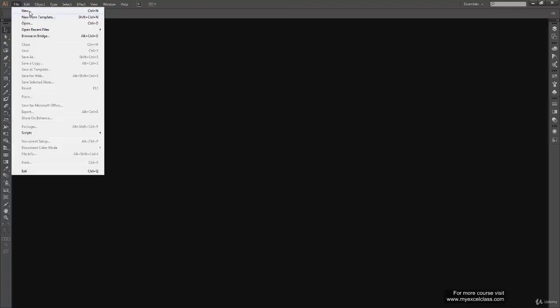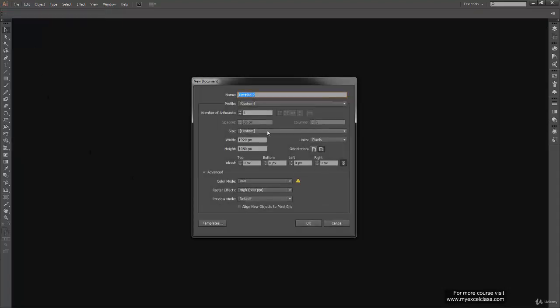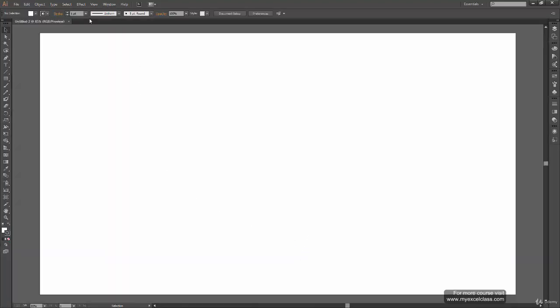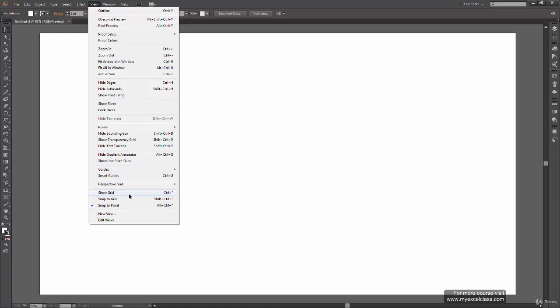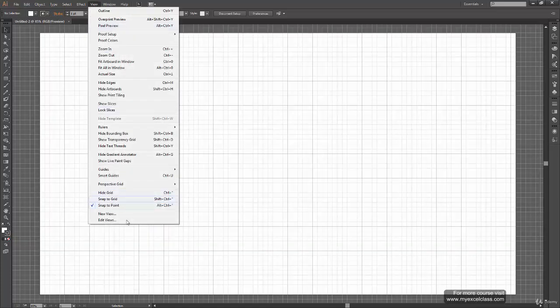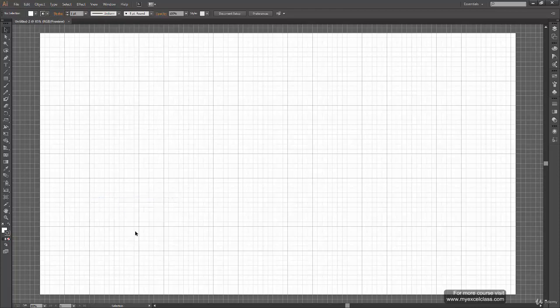All right. So to create that, first of all, open a new file, and you can decide your resolution, and all the settings you can change as per your wish. So I'm keeping it 1920 by 1080 and click OK. All right. Now what I need is to turn on the grid. So I go to View and click on Show Grid, and then I need Snap to Grid. So I will turn it on. All right. Now I need a perfect square. So what I'm going to do is select the rectangle tool, and while drawing the rectangle, I will hold shift.